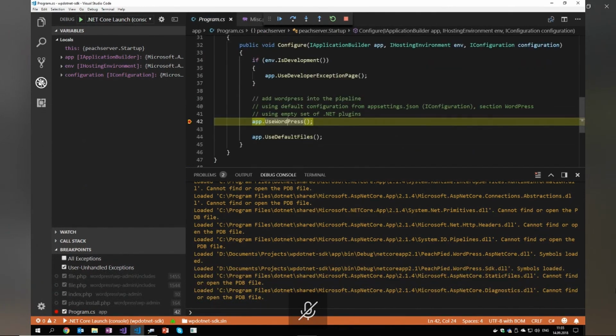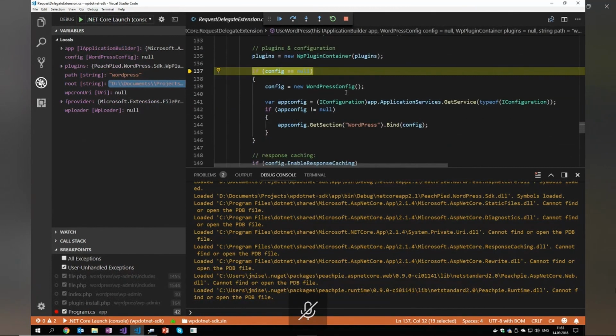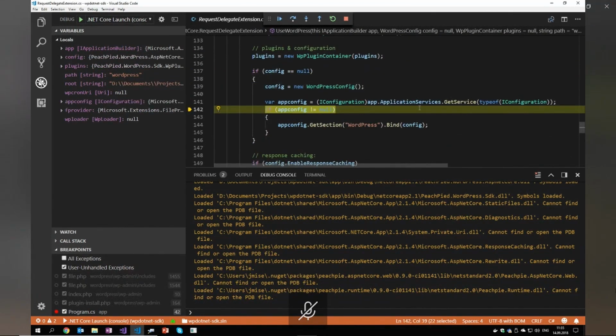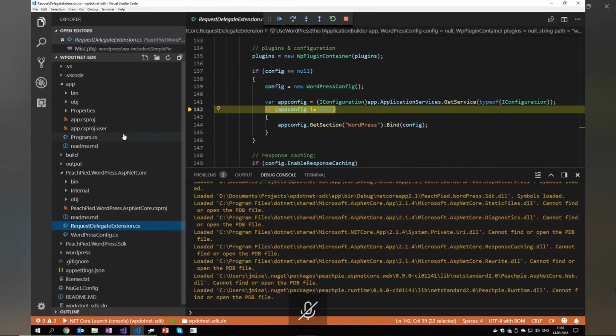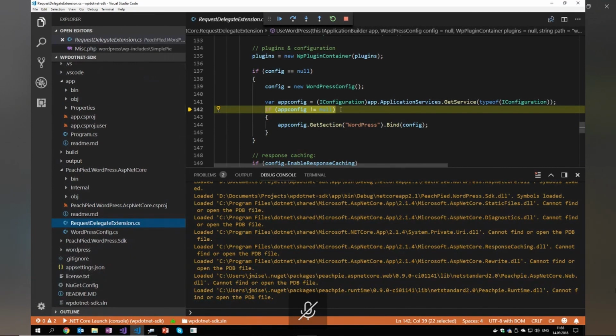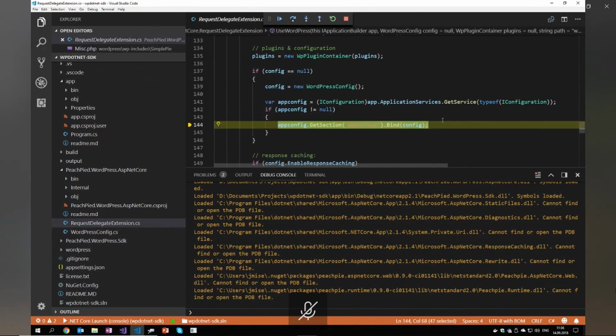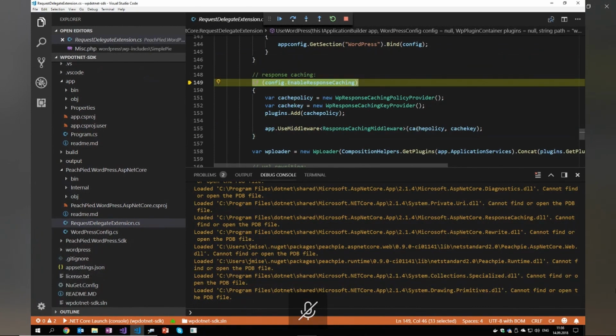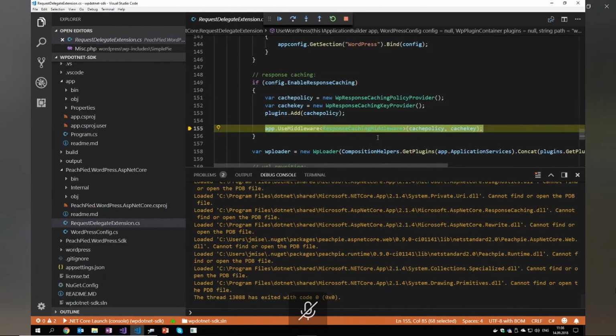Anyways, now we are configuring a pipeline and stepping into WordPress, and we are doing a bunch of stuff like reading the WordPress configuration from the appsettings.json file. Because in WordPress, to configure your database or other things, you have to modify a source PHP file. And we don't like that, so we've replaced it with appsettings.json. So we load the configuration from appsettings.json, and then we configure WordPress using the settings file instead of modifying the source PHP file. We also enable the response caching middleware,